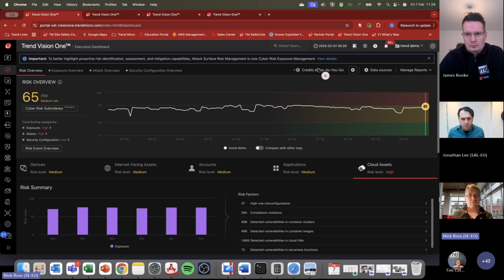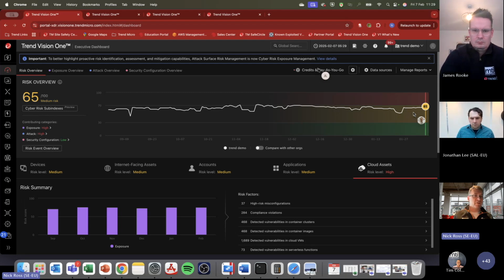We essentially create a risk score. So out of 100, how particularly risky an organization is, based on a whole bunch of different factors and looking at a whole bunch of different assets. I use the word assets very intentionally because we're not just talking about devices and endpoints. We're talking about services and servers, websites, etc. that are being published to the outside world.